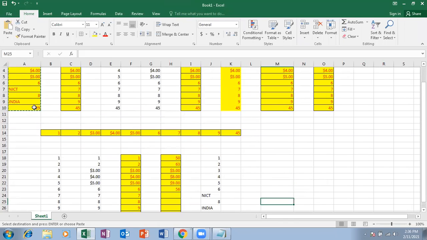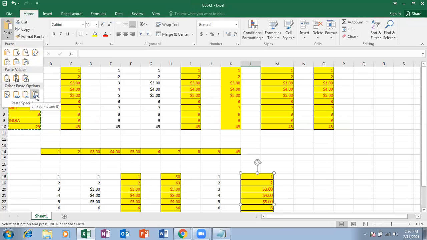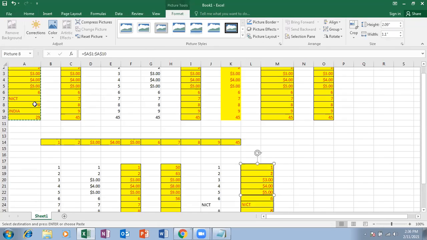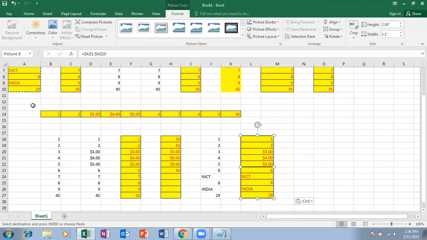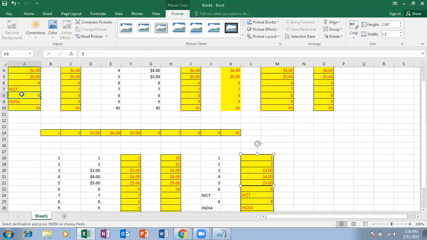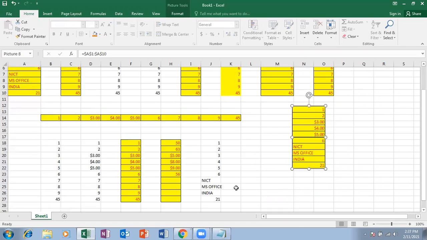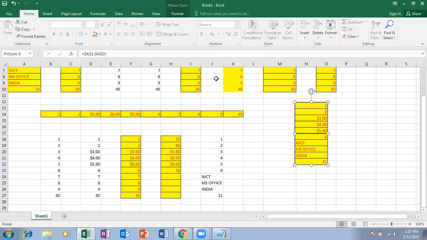And then again, I copy this and I'm going to paste it as linked picture. What does that linked picture mean? If I make any changes here, even inside the picture it will get changed, and in the link option also it will get changed.